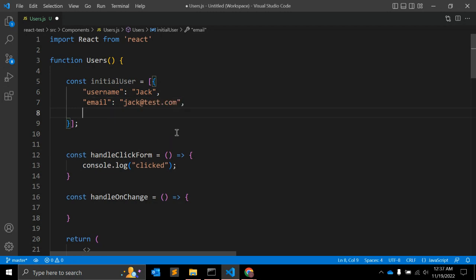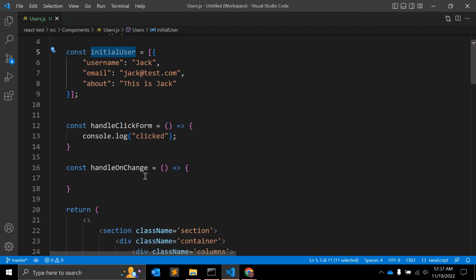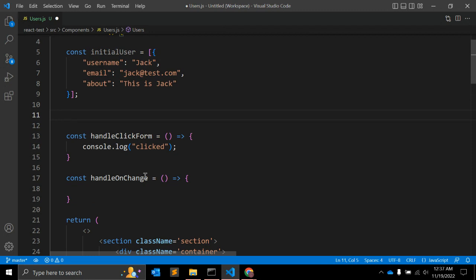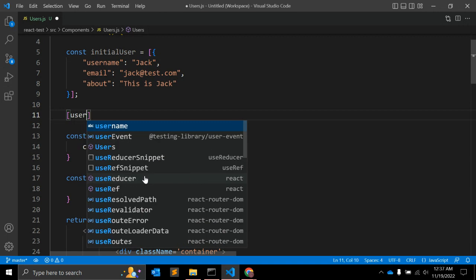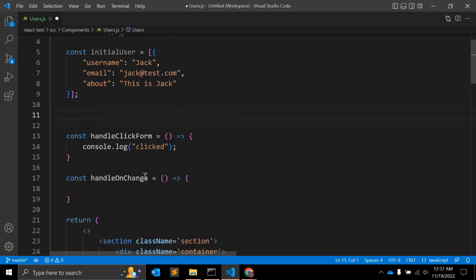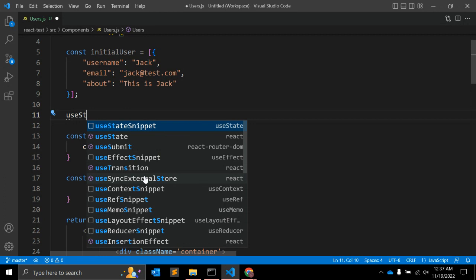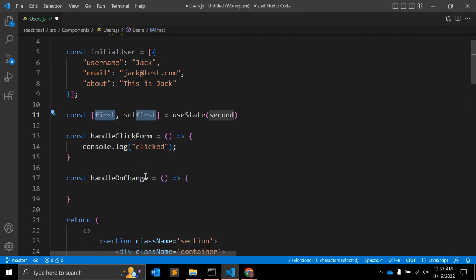Okay, and about the third value, we can use this is check. So we will have initial user, and we will show this initial user here. To do that, first of all we need to use state hook. So we will use array destructuring. The value will be user, and okay, use state snippet. We can use user